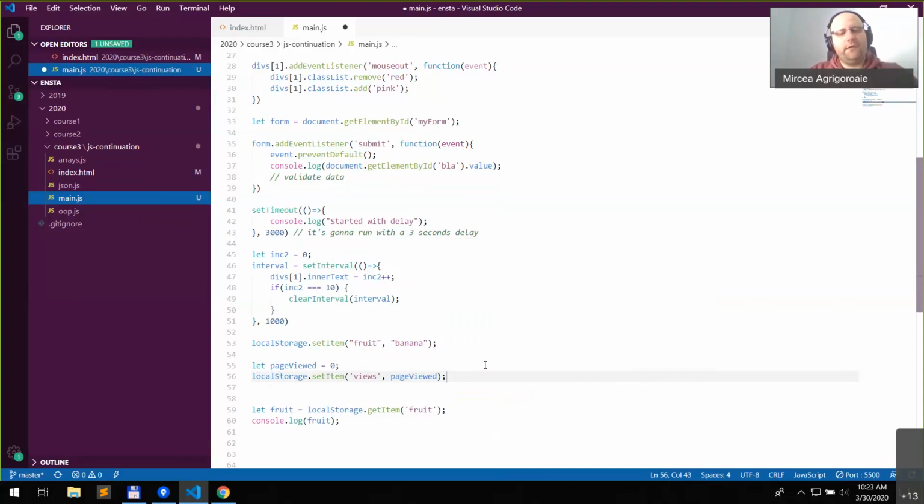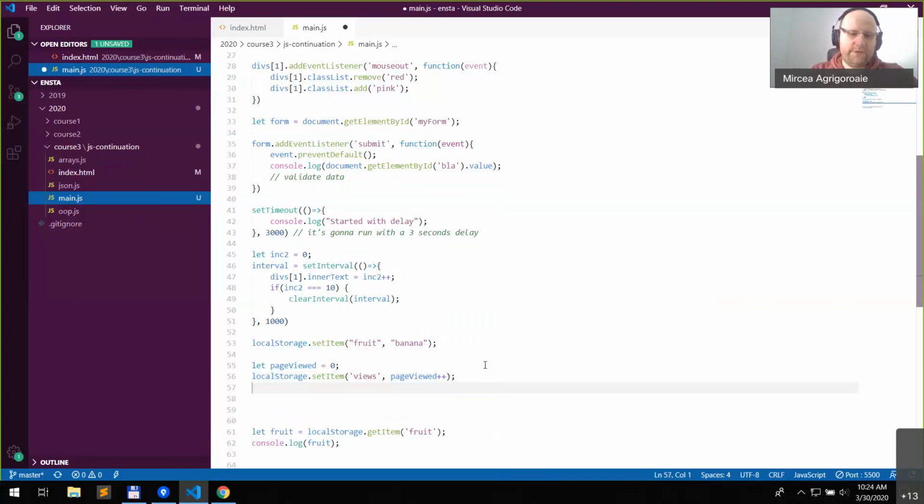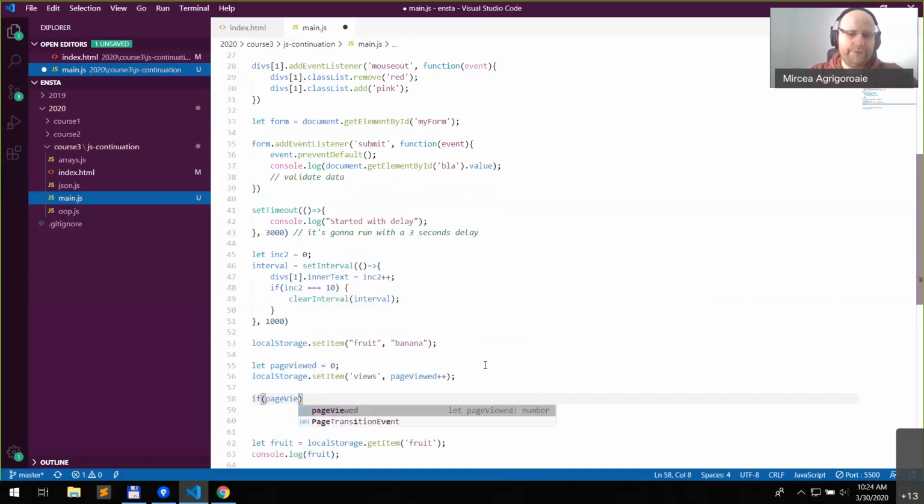And actually let's put here page view plus plus. So we can say here if page view,